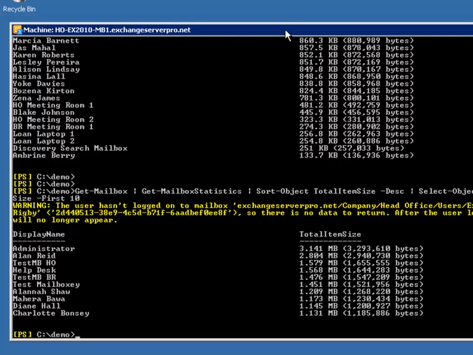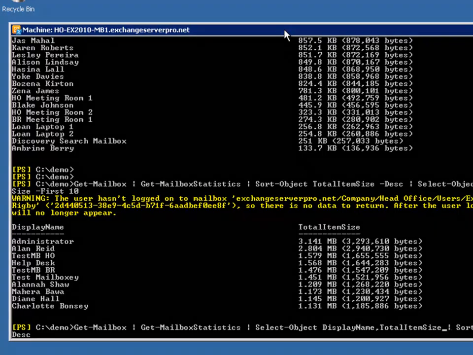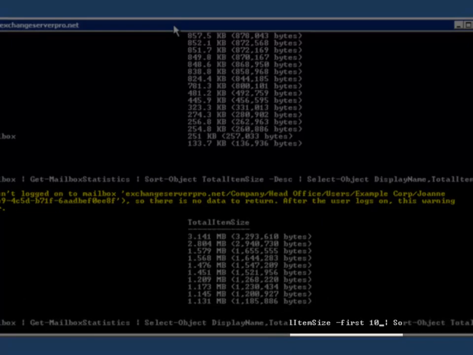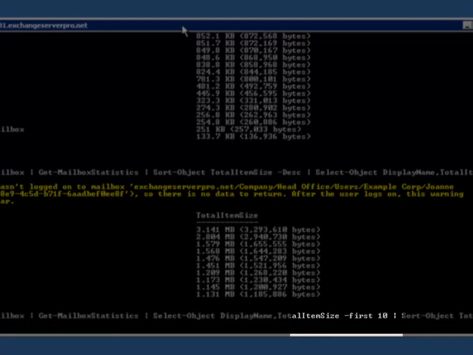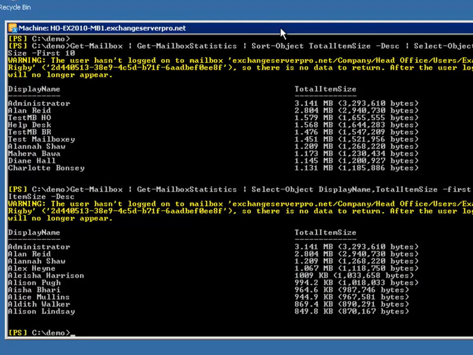So let's see what would have happened if we'd used our sort and select commandlets the wrong way around. So if I just added first 10 to this select statement, you can see we get a different result. So even though the administrator and Alan Reed still come out on top, we get slightly different results as we go through here. Now what's happened is